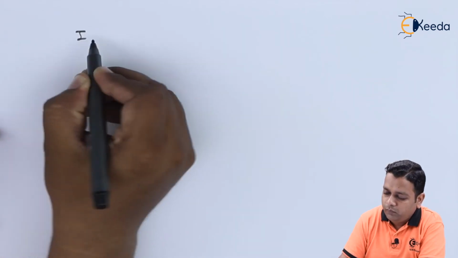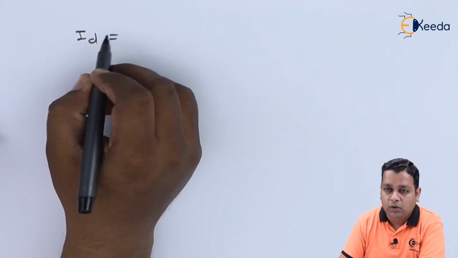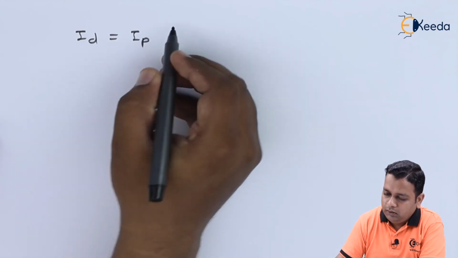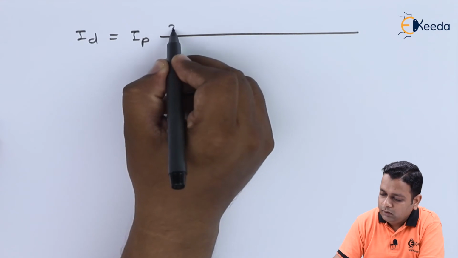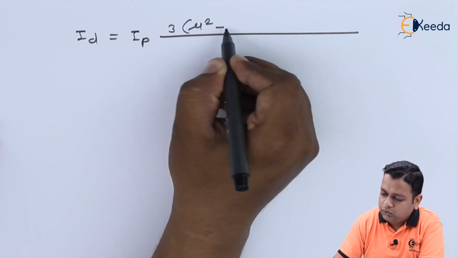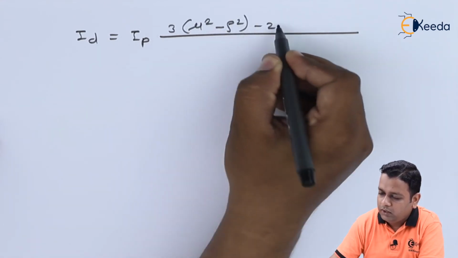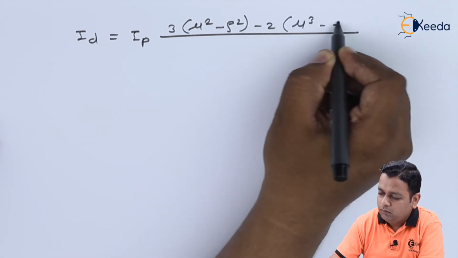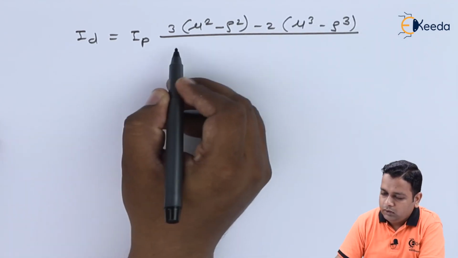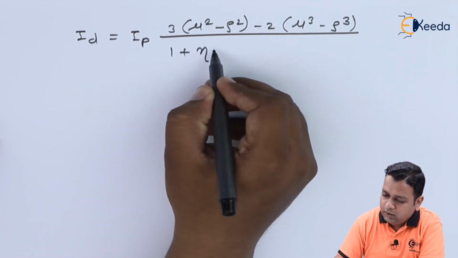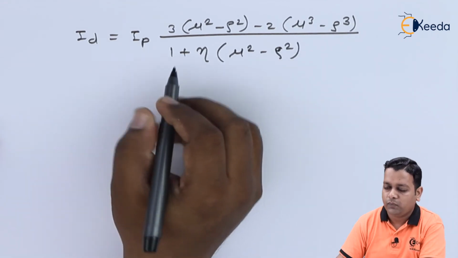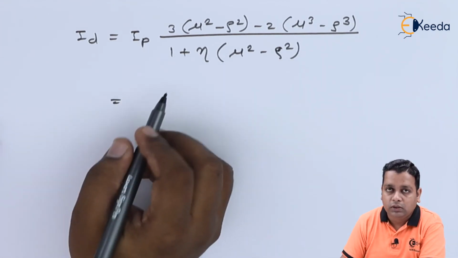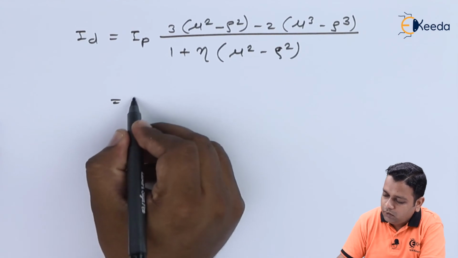Finally, the drain current we write by the expression ID is equal to IP. The numerator next to the IP is 3 in the bracket mu square minus rho square, minus 2 in the bracket mu cube minus rho cube. In the denominator we have 1 plus eta in the bracket mu square minus rho square here. So substitution gives the RHS by the next step,